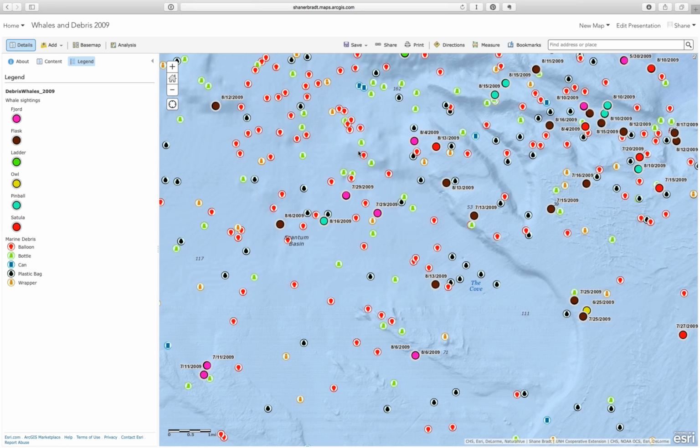So one thing you could do, just like you can do with Google Maps and Mango Maps, is embed this map in a website. Another thing you can do is make something called a web app, which has a different way of displaying and sharing the data. A second thing that you can do, which is pretty interesting, is something called a presentation. So you can build a presentation that you can use to display information to people and to share information